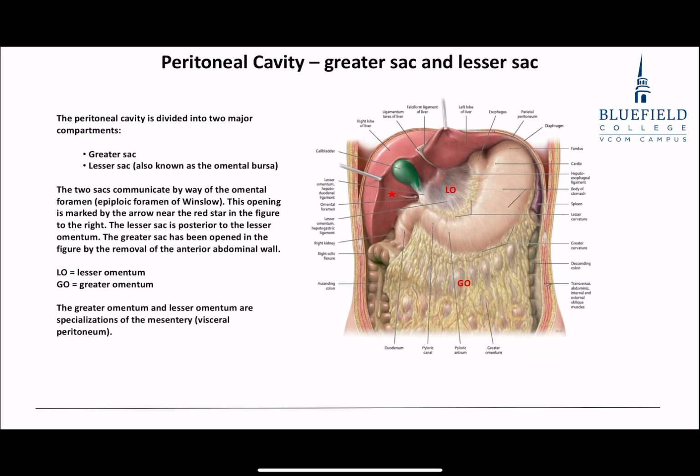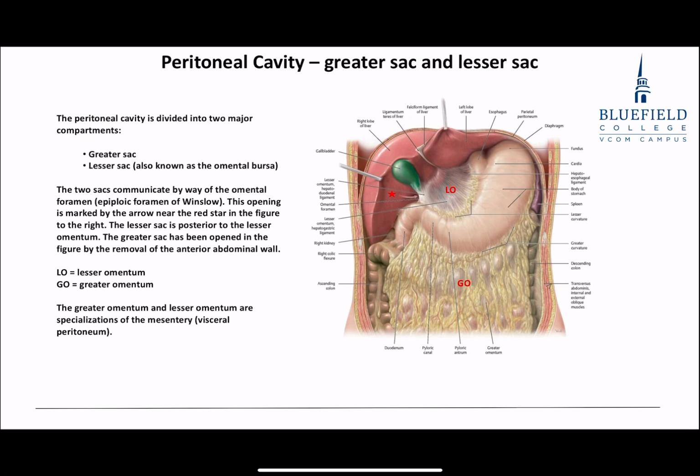So what happens in the case of this big apron, you don't see the inferior end of this apron down here, but this actually is mesentery that's coming off of the posterior abdominal wall. It surrounds the stomach, but then comes off of the stomach at the greater curvature and just forms this big apron that hangs down over the